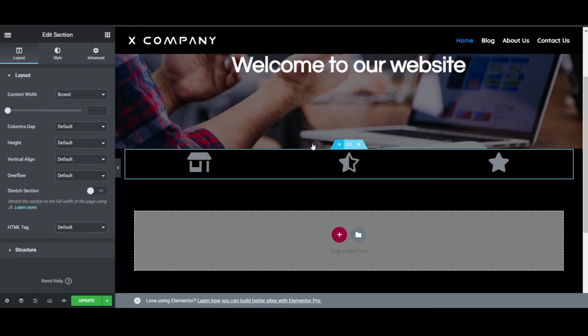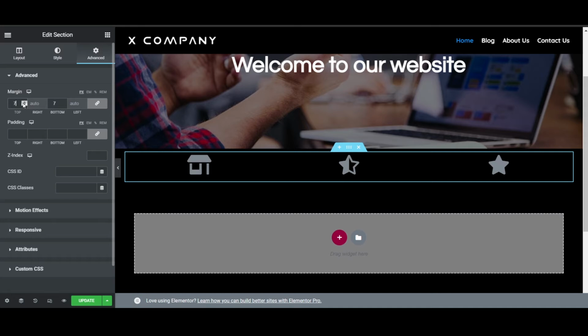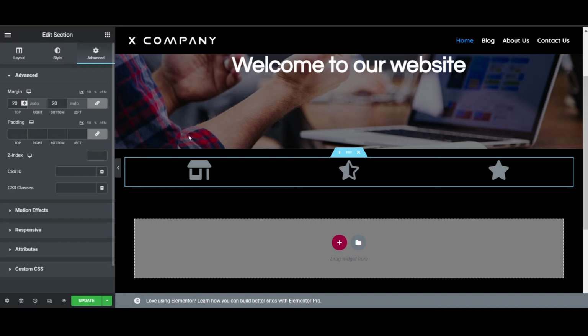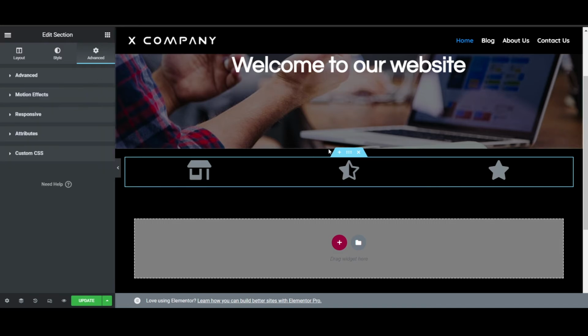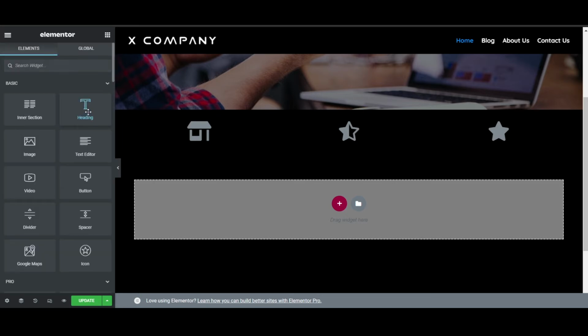So you can again just click on your container, and under advanced you'll see here are your margin and padding options. So again, very similar to the kind of settings that you find in Cadence. You can basically customize the shape, the size, the format, and what every container contains. So it is really incredible the amount of things that you can actually accomplish by using Cadence in conjunction with Elementor. Alright, so there's a little bit of space, that looks good, and then we are going to put a heading